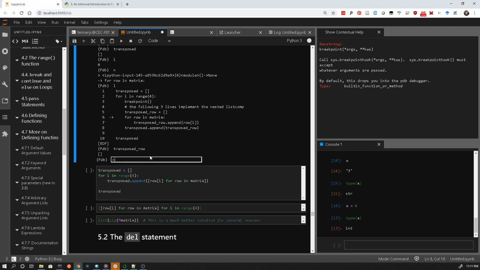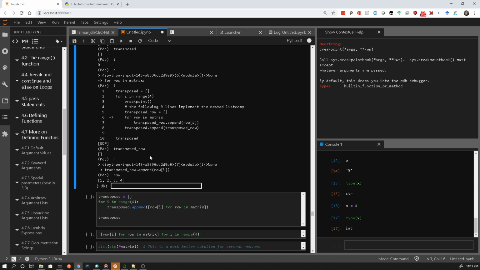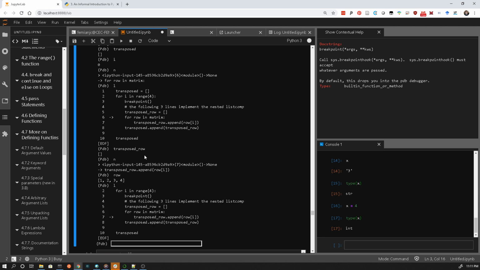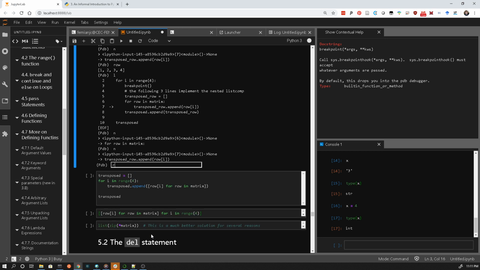If I hit the N key, it goes through that thing, and the next thing it's about to do is append row I. So what is row? 1, 2, 3, 4. So because we were iterating, if we look at everything, we're iterating for each row in the input matrix, right? So row I is 1, and I hit next, and now I'm going to go on to the next row in the matrix, and if I look at row